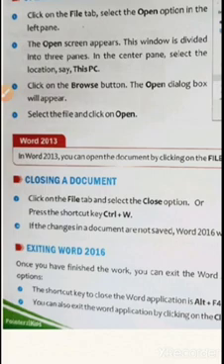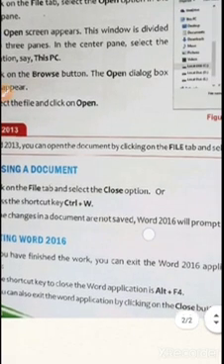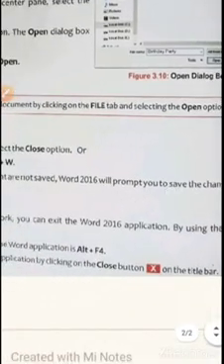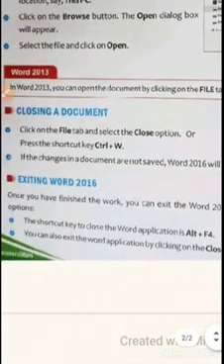You press the Ctrl key and W. If the changes in a document are not saved, and you suddenly press Ctrl+W, it will prompt you that you have not saved your file and you're closing the document, otherwise it will be lost. So you can save the changes. Click on Save, and it will save and close the file.